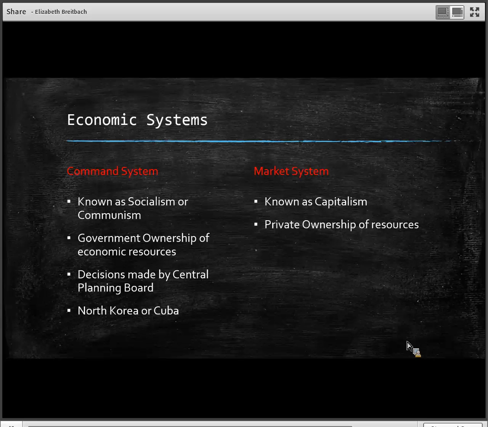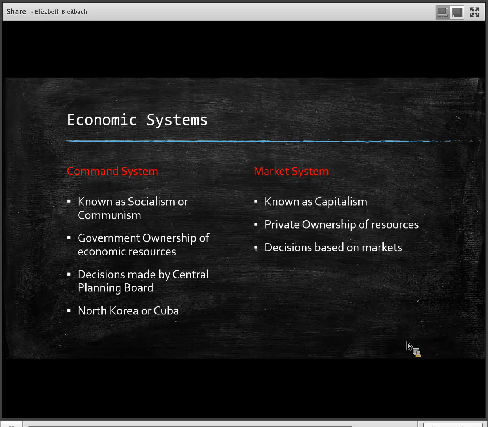So how does a market system decide who owns the factors of production? There's private ownership of resources in our market system. When we have a market system, the individual households own all the factors of production. They own all the land, labor, capital, and entrepreneurial ability. And decisions are made in markets. So rather than having a central